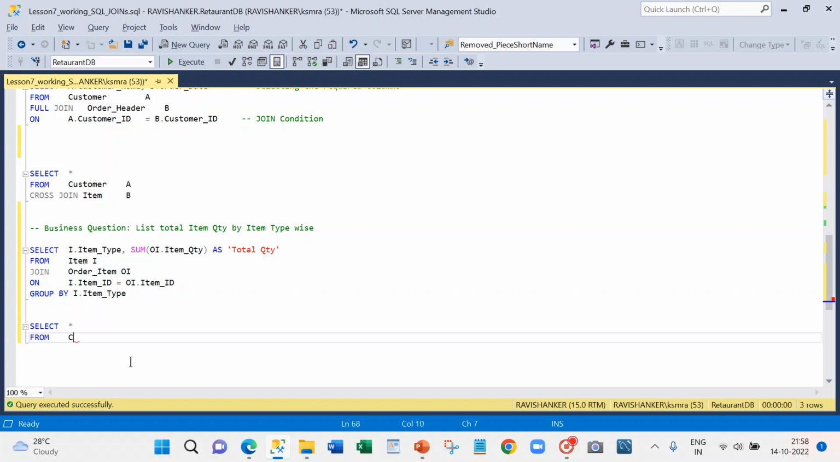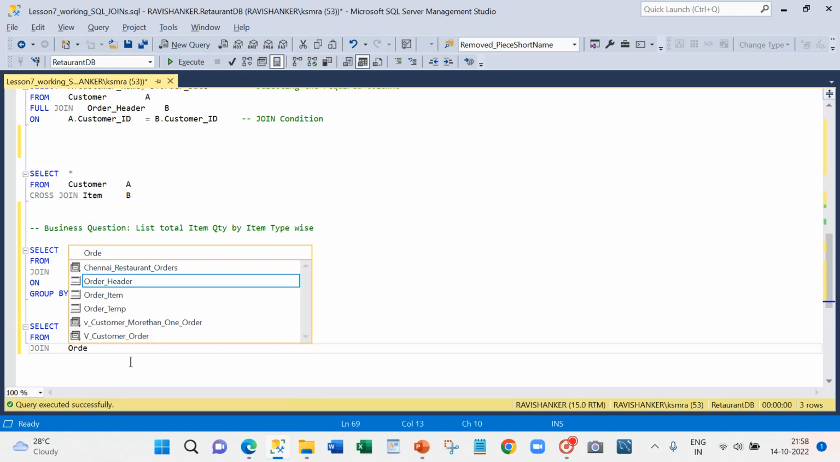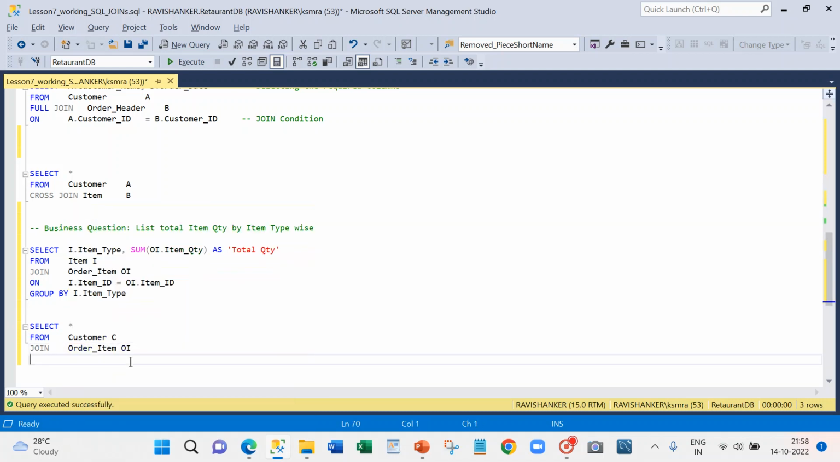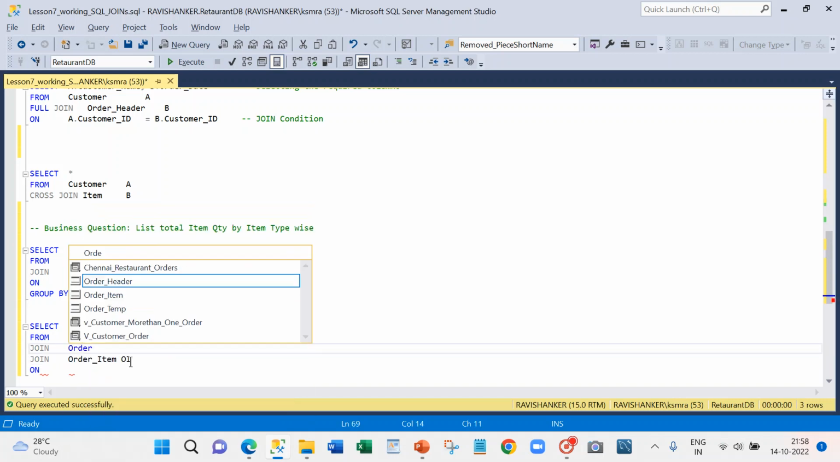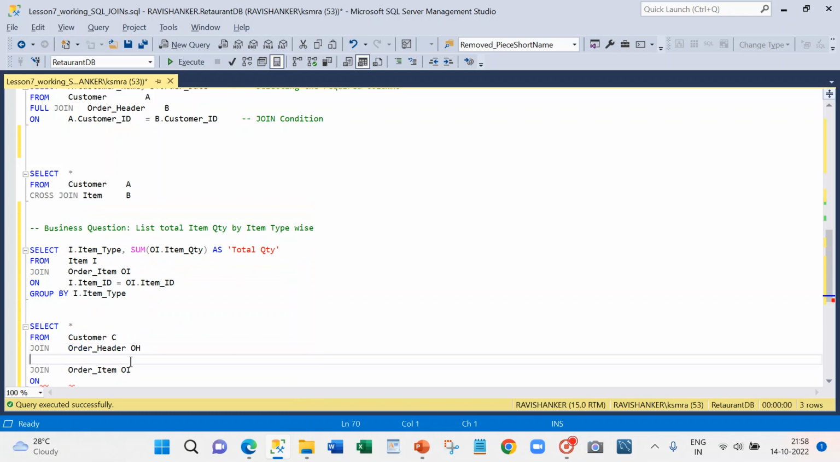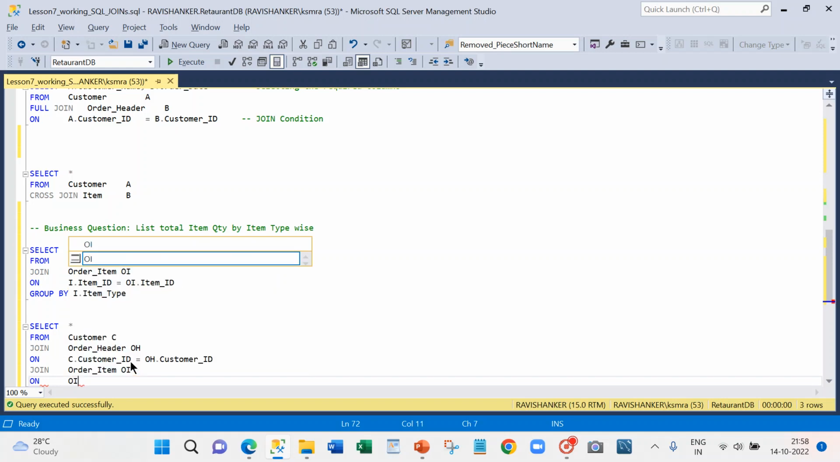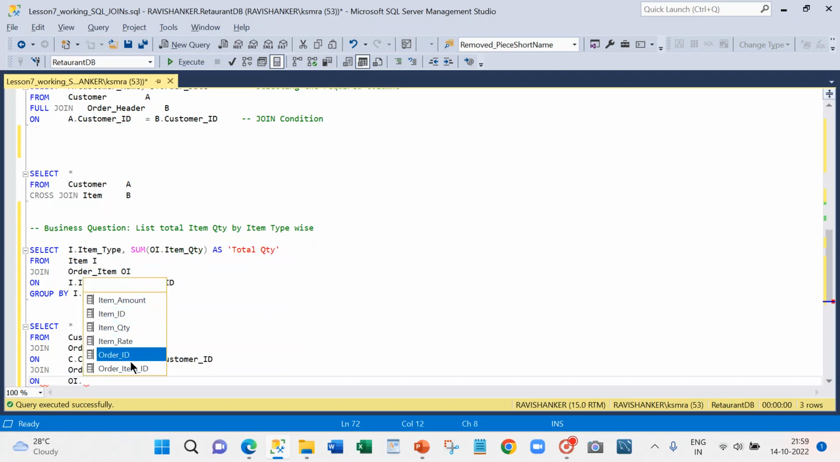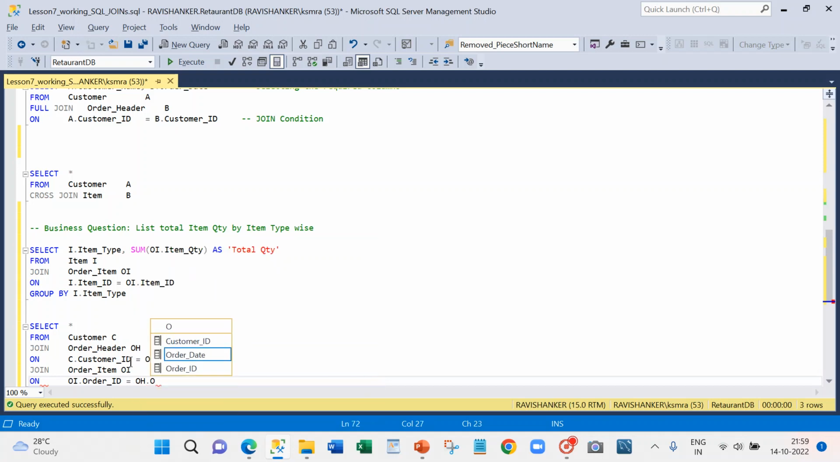Okay, so I'm going to join the customer table. It's called C, and I'm joining it with the order item table because the order item table has the amount. I cannot join these two tables directly because I need the order header also. So first I need to join with the order header, based on C dot customer ID is equal to OH dot customer ID, and then I'm joining with the OI, and now OI dot order ID is equal to OH dot order ID,